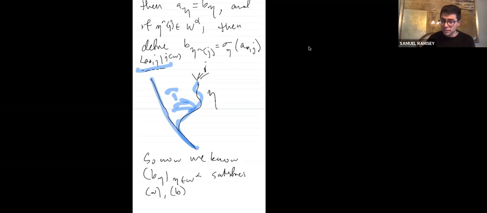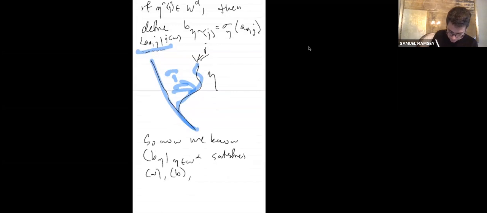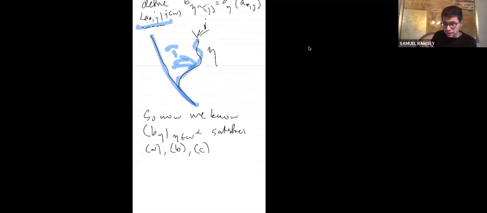B is satisfied because either you are children of a common node that was already in the old tree, or you are at the top where you know that you're an image of this indiscernible sequence and you are inconsistent along that indiscernible sequence. You also satisfy, I can't remember, I guess C, which said that you have the type of the all zeros path as the same as the type of the sequence you started with. And then to satisfy D, that you're indiscernible,